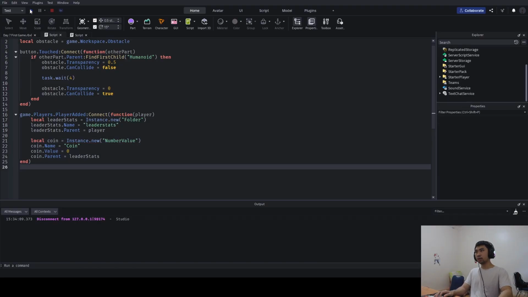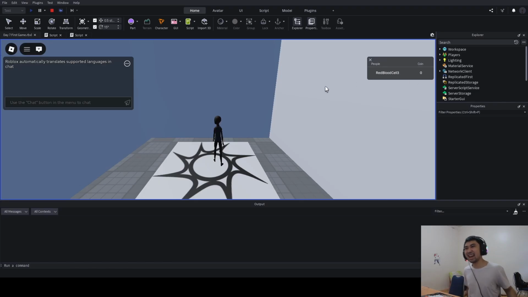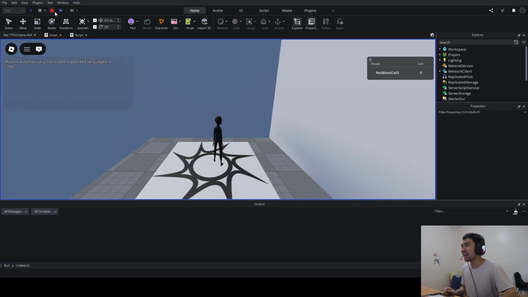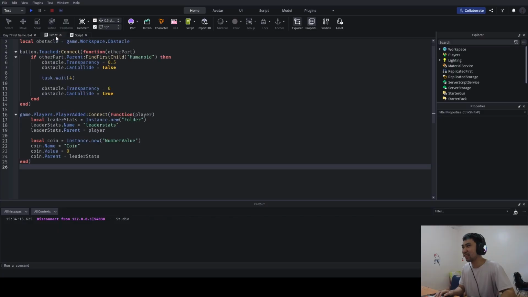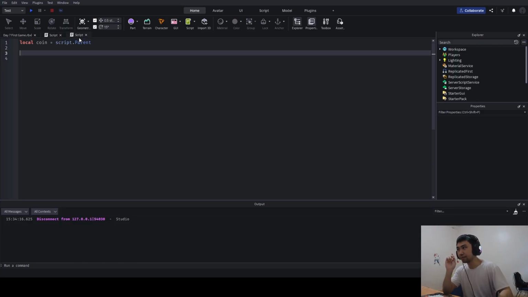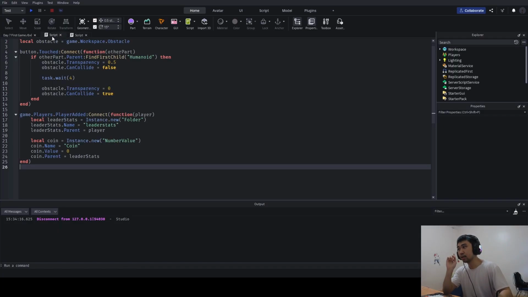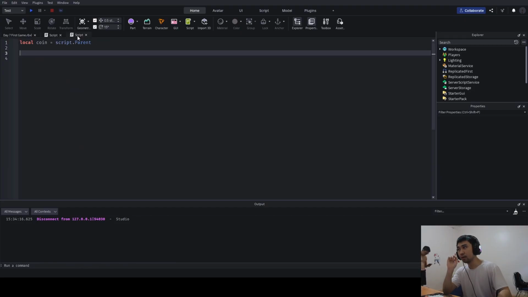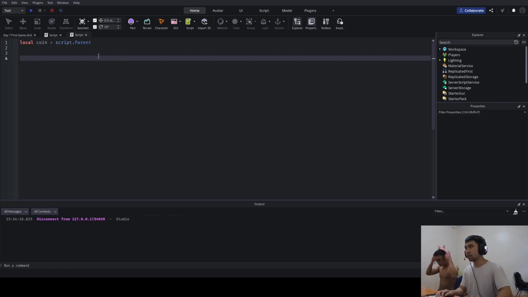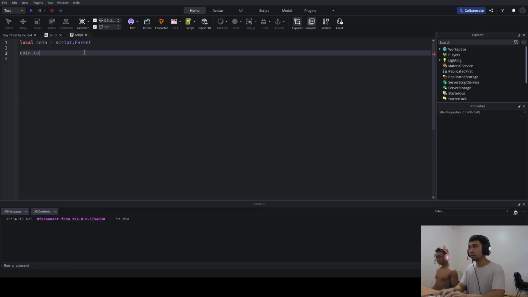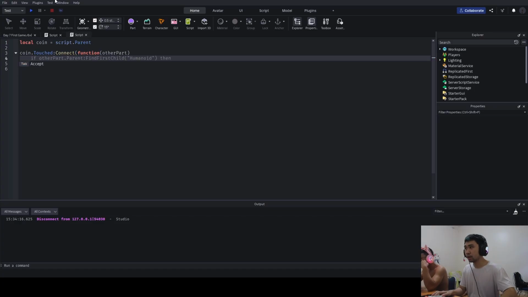Okay, let's try. Yeah, I've made the coin. Simple, simple. Now this is a coin, right? I want to make it so, if a coin is touched, local coin is script.parent, okay? Coin.touched, what we do is function other part, and then what we do is